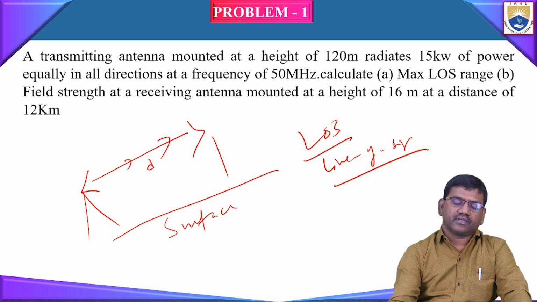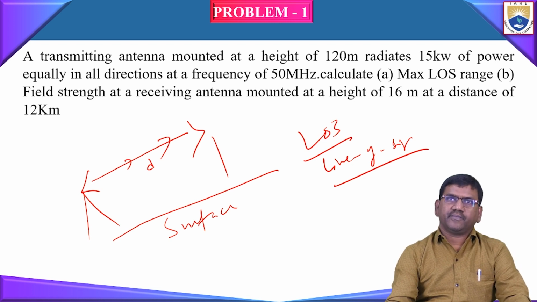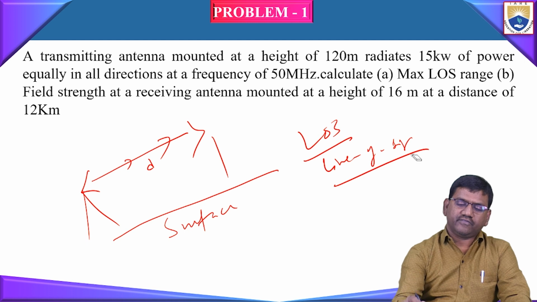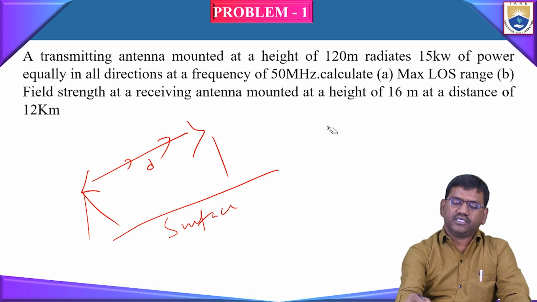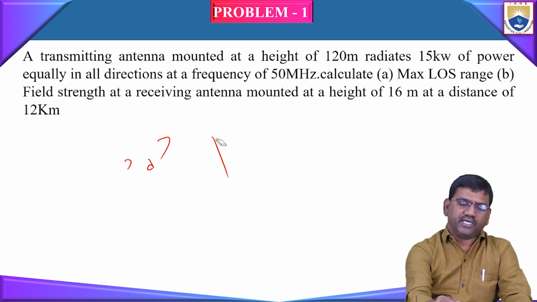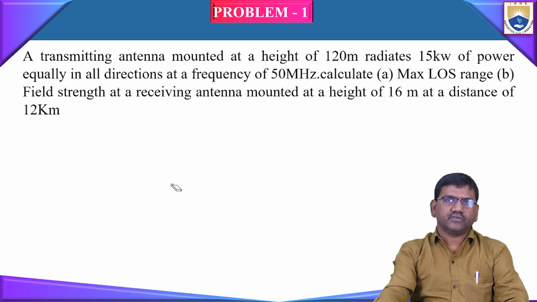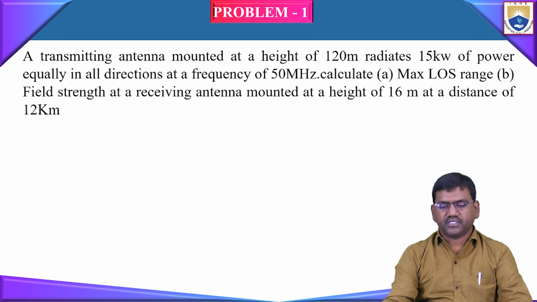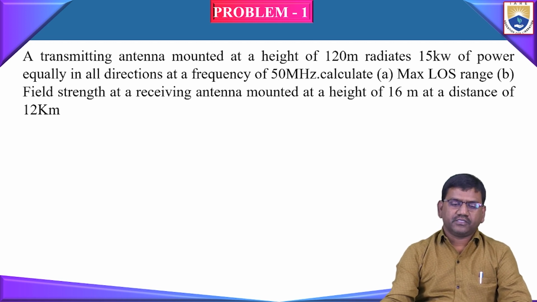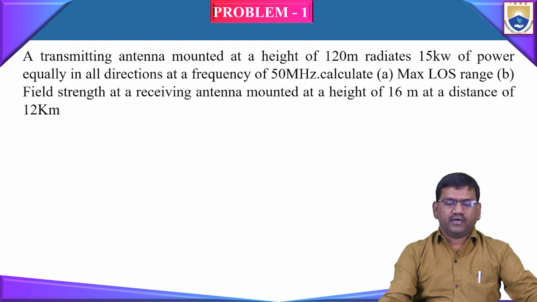propagation. In space wave propagation, we can transmit frequencies in the range of 30 to 300 megahertz. Here, as shown in the problem, it is given that the transmitting antenna is mounted at a